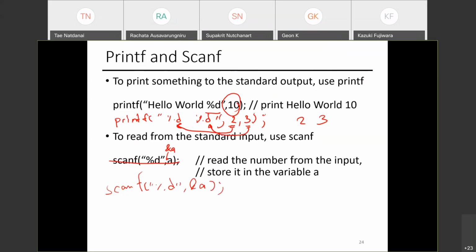How about cout? Why is this the case? We will talk about it when we deal with memory. The ampersand means a certain thing, but right now just memorize it. In the next lecture, I think we'll talk about this in detail. The ampersand means that I want to write into the variable called a.